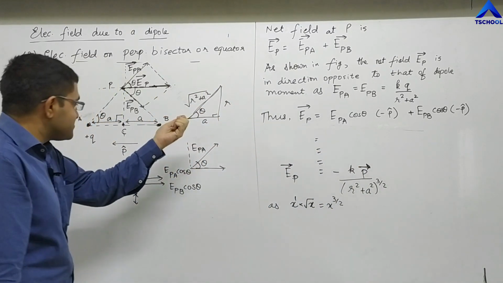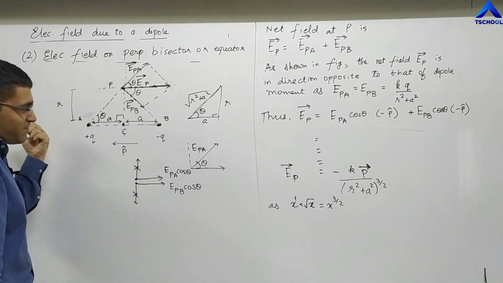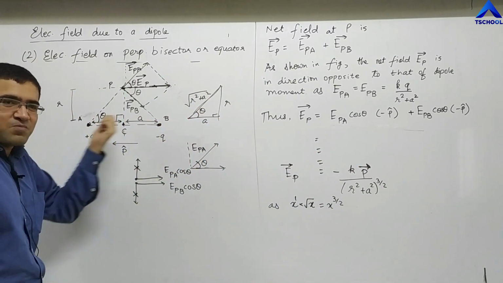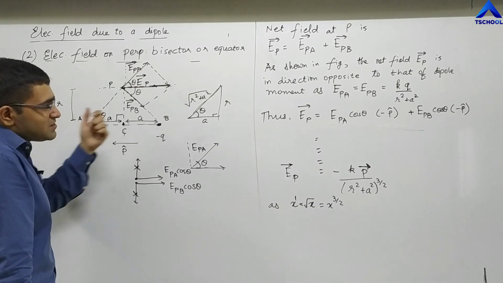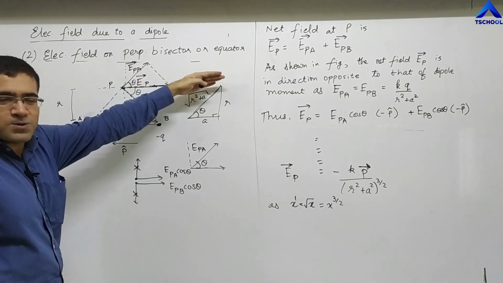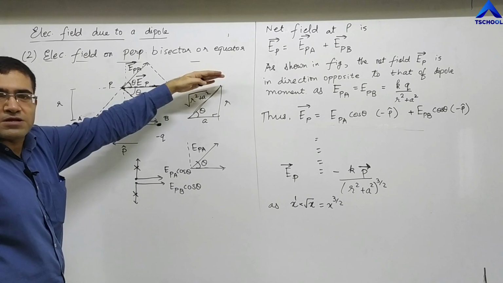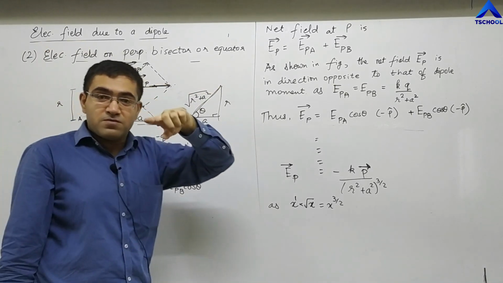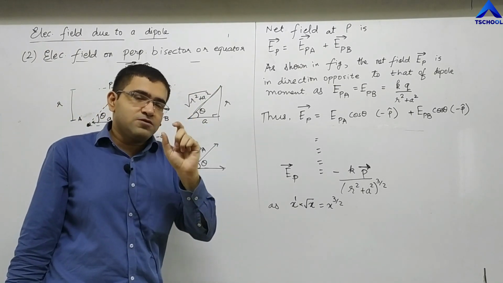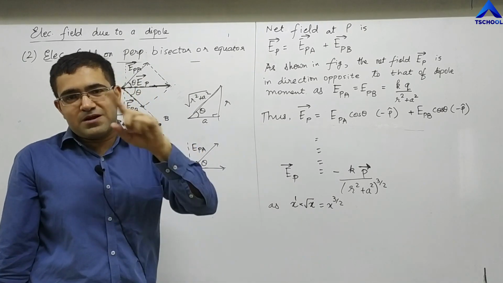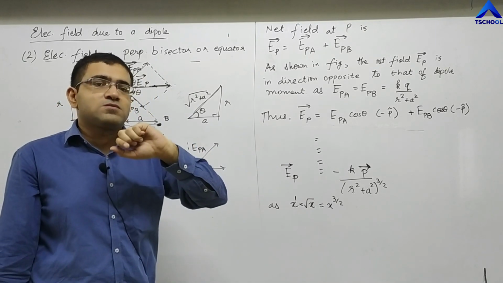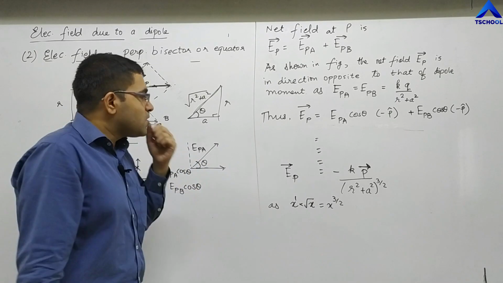So p vector is from the right to left in this diagram, that is from negative to positive charge, but this electric field is in the opposite direction. Right? See, this is one point of difference between the electric field on the axis and on the equator. Right? Okay, so